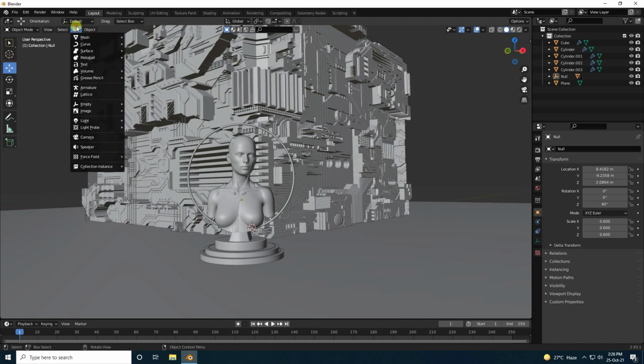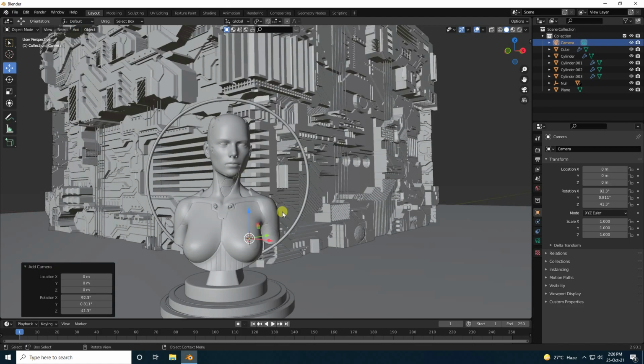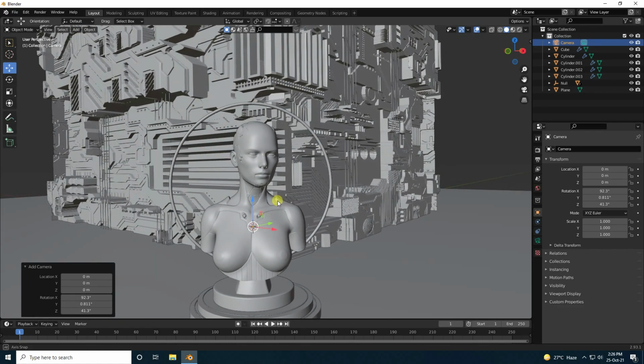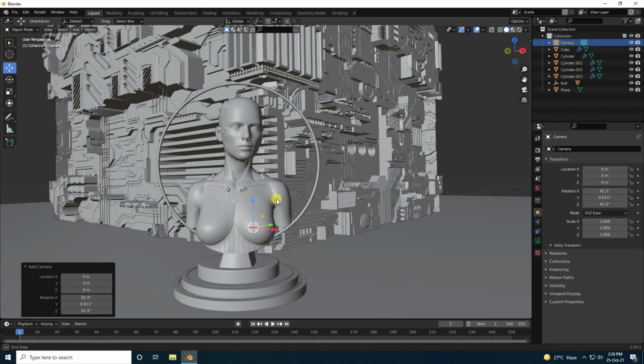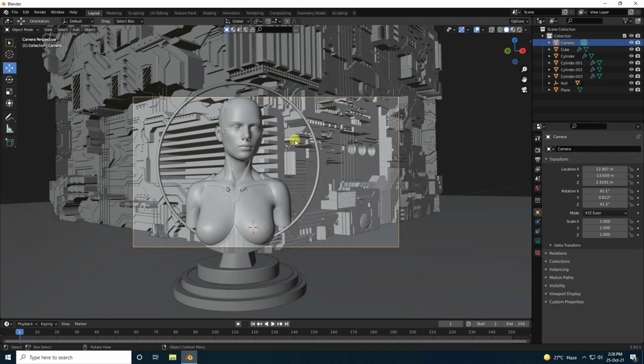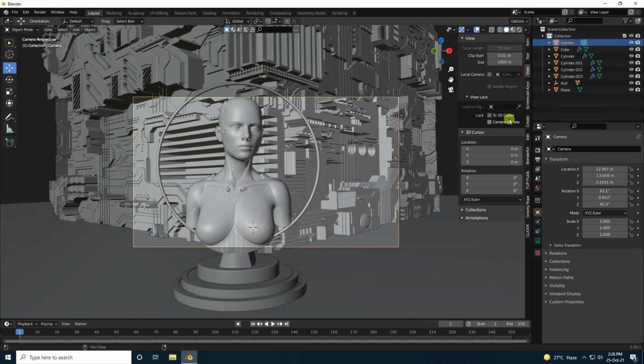Okay, so guys, now I take camera, use camera. Yeah, and guys, set your camera angle like this. So guys, for camera, press Ctrl Alt and 0. Yes, and set your camera angle. So guys, go to here, view, and camera to view, check.